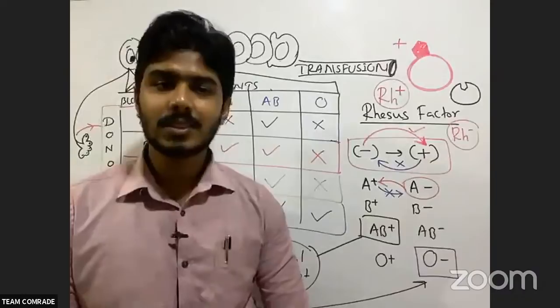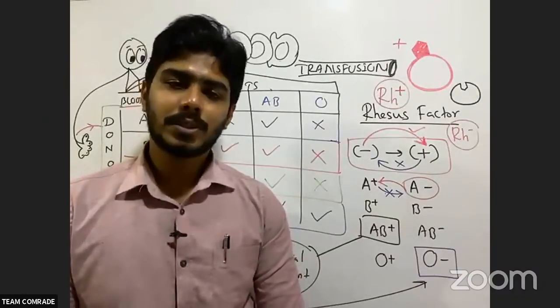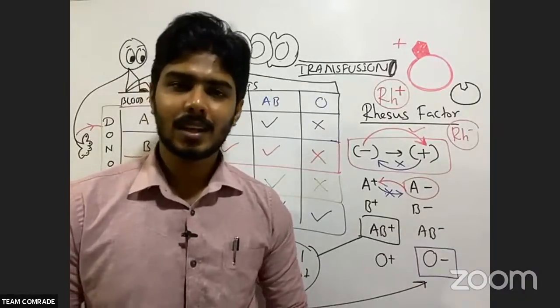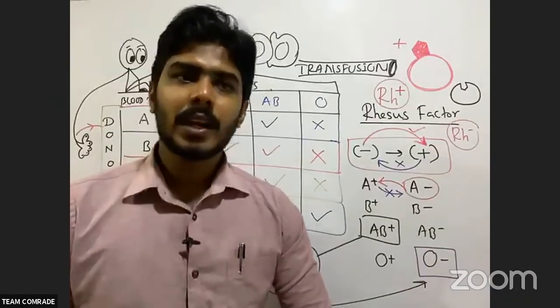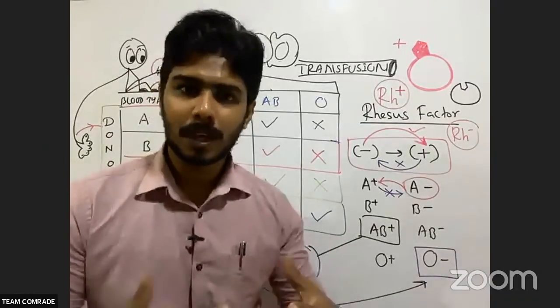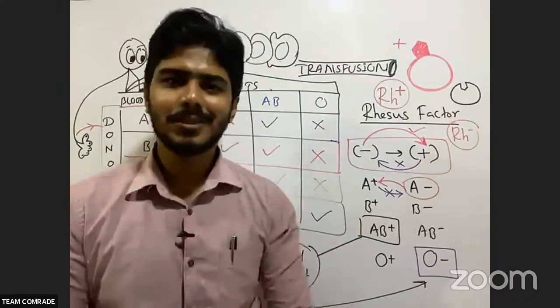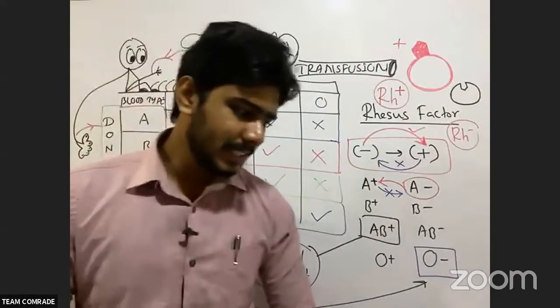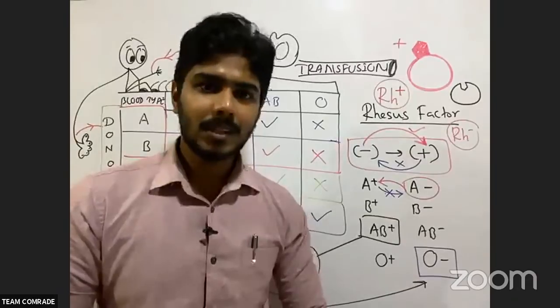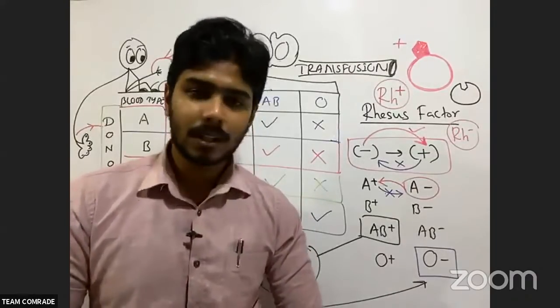When you go to A levels, you will also study how these fibrinogen fibers are released, and then how they form the fibrin, and then how they form the mesh of the blood clot. Everything you're going to study when you come to the higher grades. So this is how blood agglutination and blood coagulation, or blood clotting, happens.